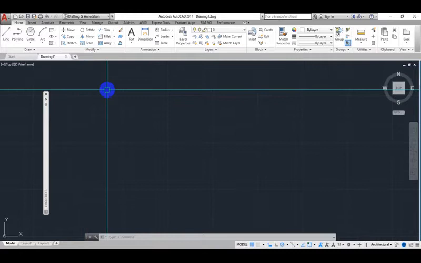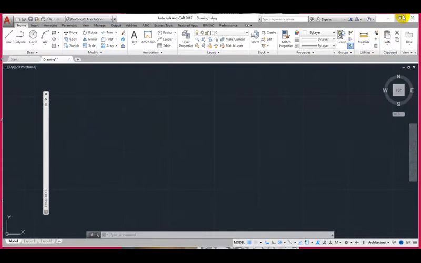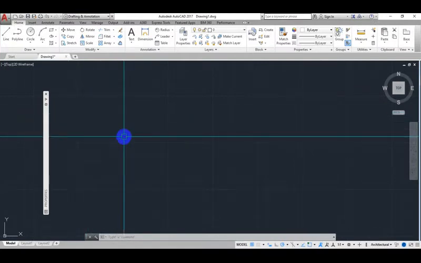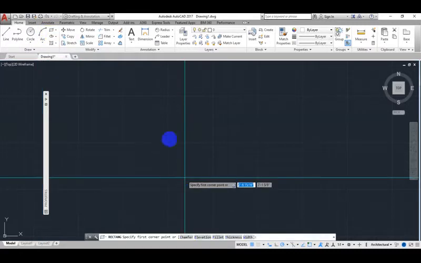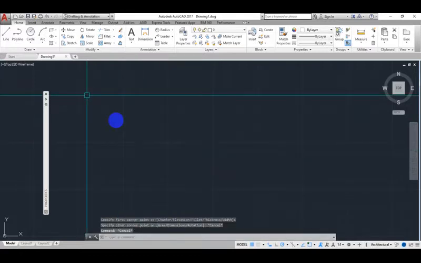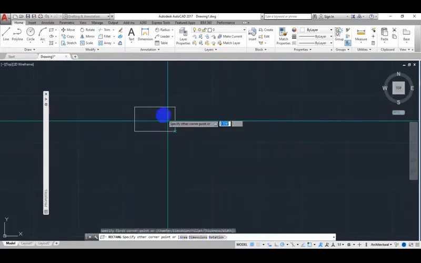Welcome to Darajo tutorial. For this tutorial, I'll be teaching you how to work with the hash and gradient tools, how to use them. So let's say for instance, I come to this rectangle, draw a rectangle here. To draw this rectangle, I come to measurement, I come to rectangle, I click, come at this, I right click.